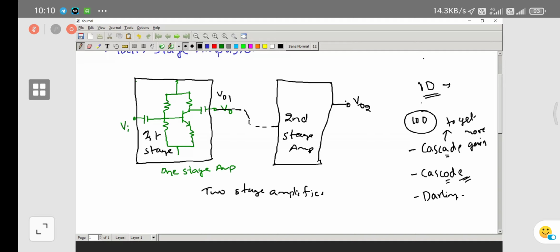So the connections are different. With the different types of connections, we are going to create the different types of amplifiers. So here in the cascade, we get more gain. Now coming to the cascade type of amplifier, we are going to get the high bandwidth. So this is going to be used where high bandwidth is required. Let us see what is meant by actually this bandwidth.